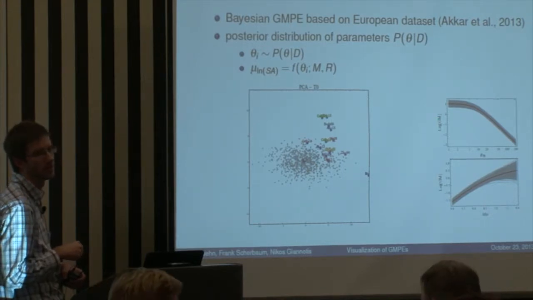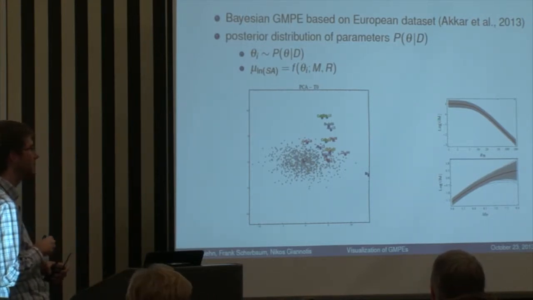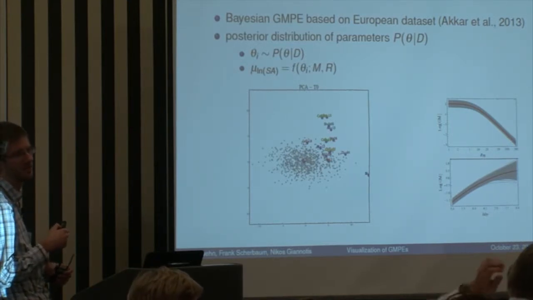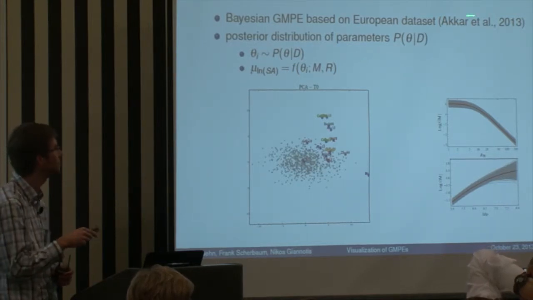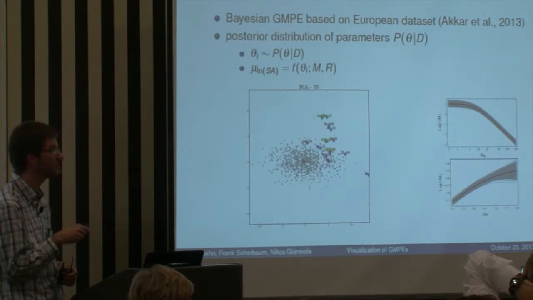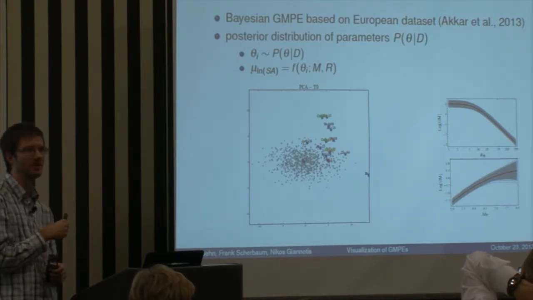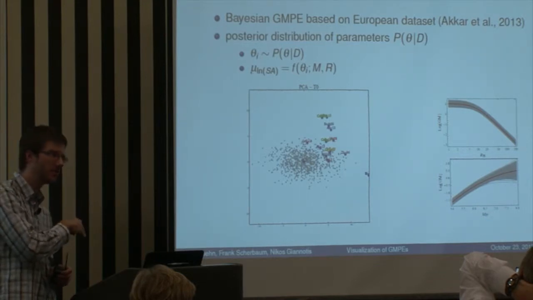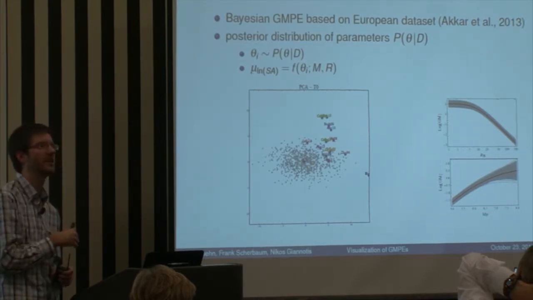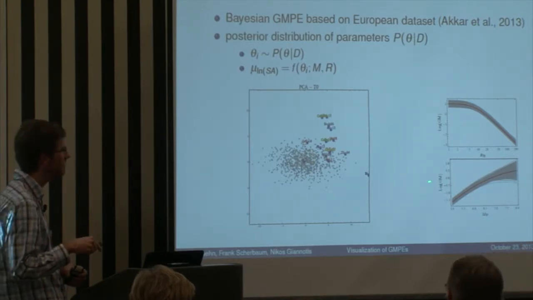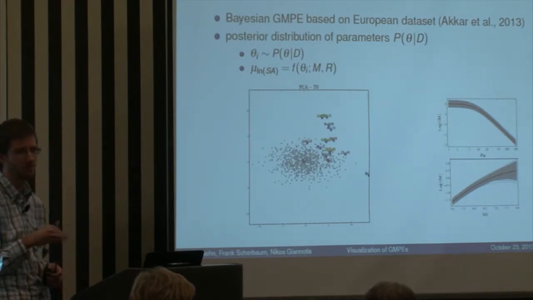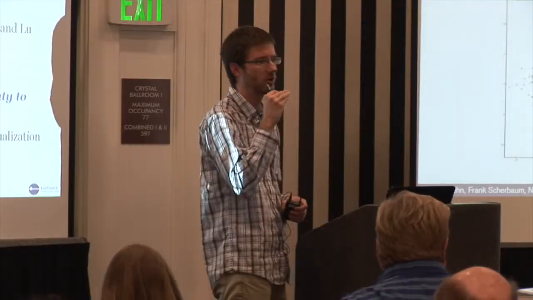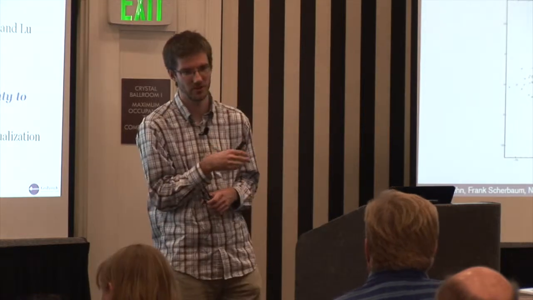Question: are you still using Akkar's functional form? The reference is to the database paper. It's a fully statistical model. It's a similar form, but a simplified form. This is also why, at the edge, you have some kind of oversaturation. But basically all of these are median predictions based on parameter combinations drawn from the posterior distribution of the